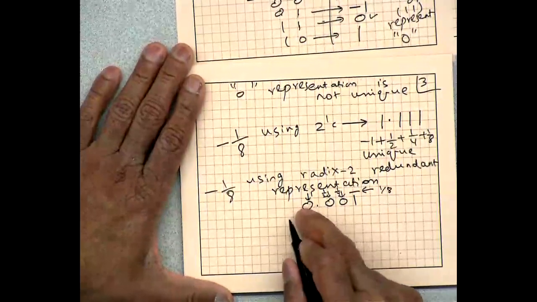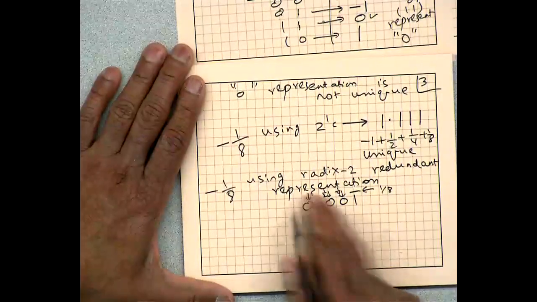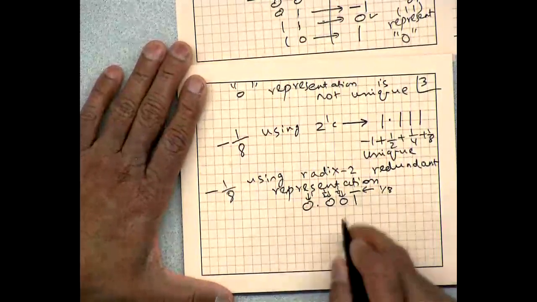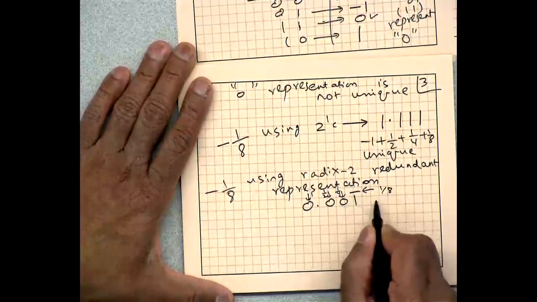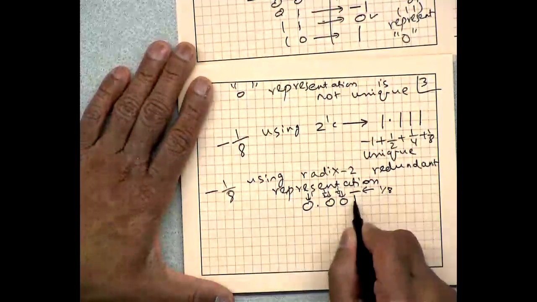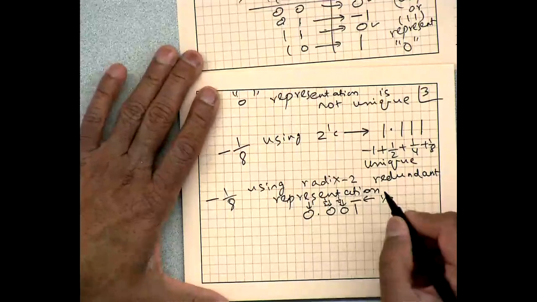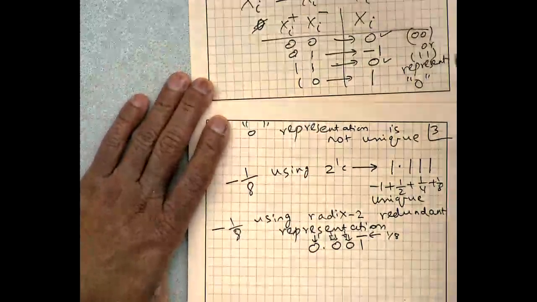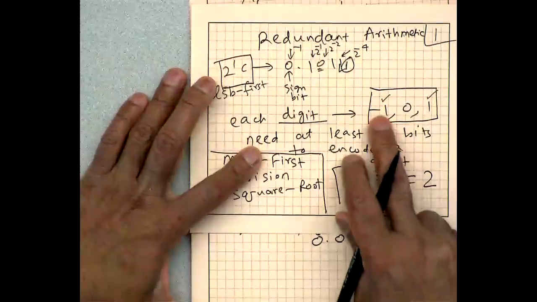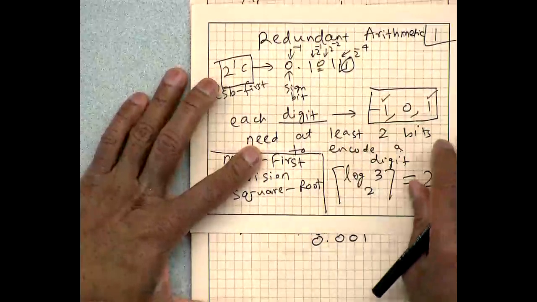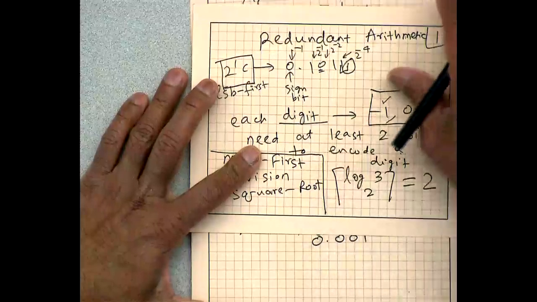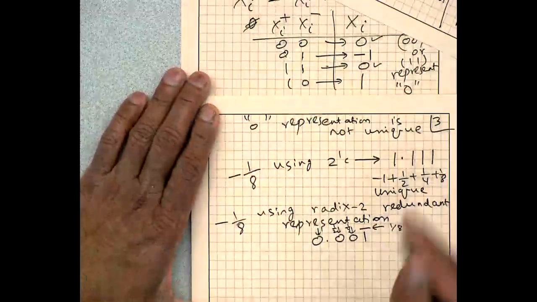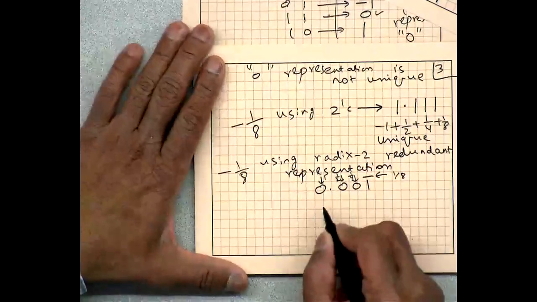And I'm not saying the weight is minus 1, because the weight is just plus 1. Each digit can be minus 1. So the 1 bar in the 1/8 position says it's 1/8 times minus 1. When I write 1 bar, that's really saying that the digit is minus 1. So when I write down each digit as 1 or 0 or 1 bar, 1 bar means the value of the digit is minus 1. Okay. And there are many other ways.